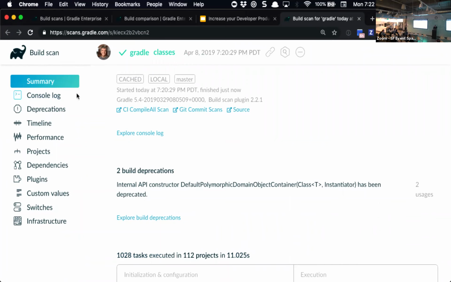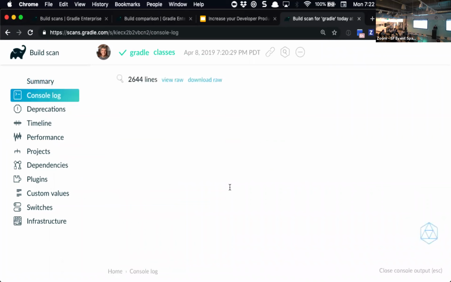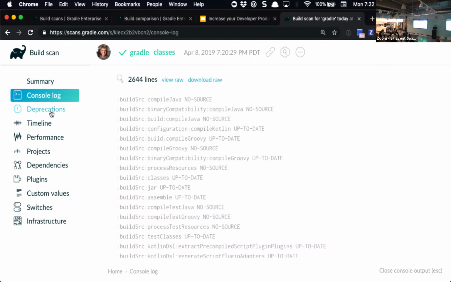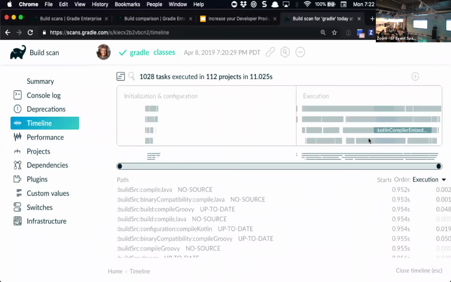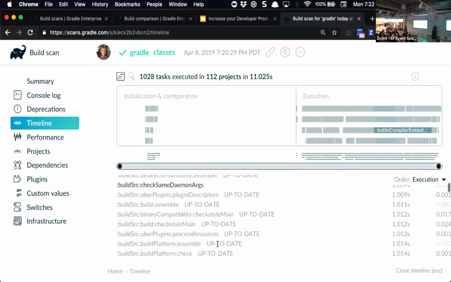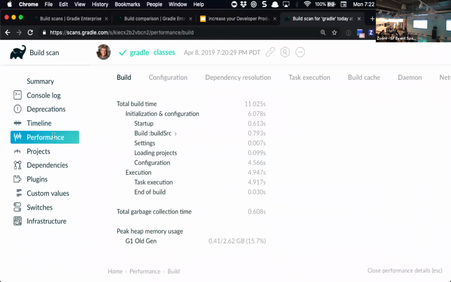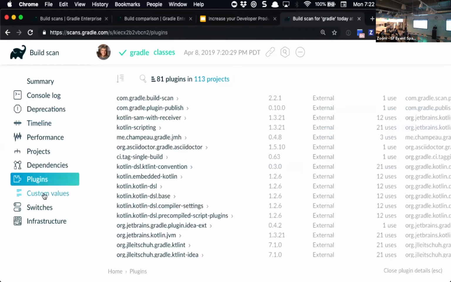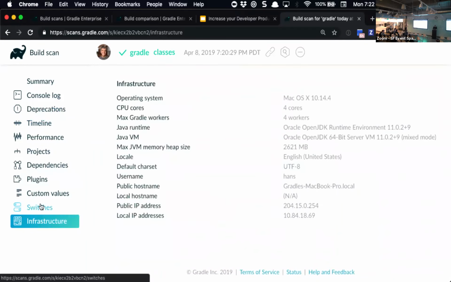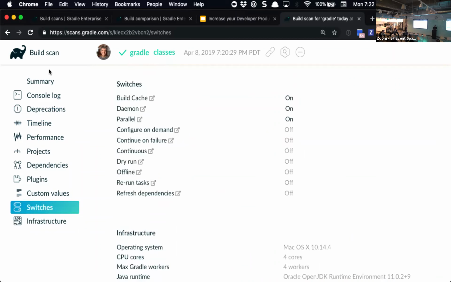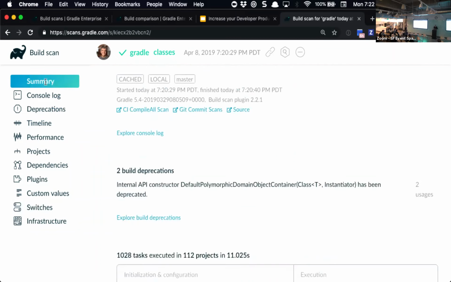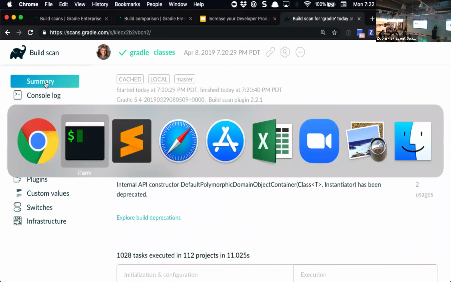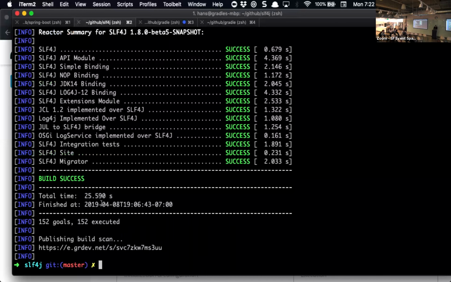And it shows you everything from console log to deprecation warnings to the timeline, to understand how well the build was parallelized and which tasks were executed, deep performance analytics, we will do that in a second, all the dependencies that were used, all the plugins that were used, infrastructure, right? We will dive into some of those. So you have a really deep insight of what happened during that build. And you can use that data for many interesting purposes, right? And when you look at the SLF4J project, right, here,